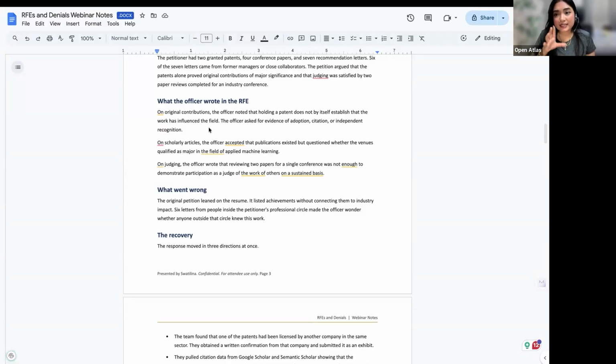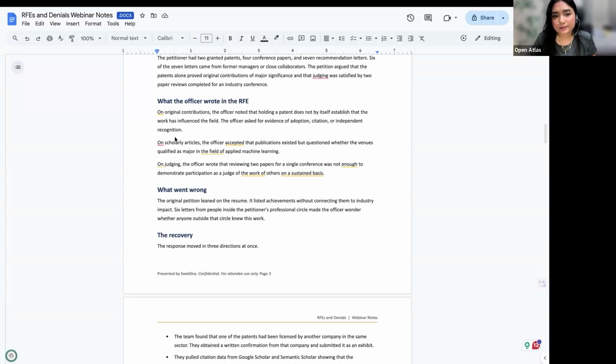So the patent is there, and other companies or organizations are rerouting to it and started researching it. Academicians started researching angles through that patent, and then we can definitely show the impact that way as well. So it is not only the adoption letters or citation or independent recognition, but also somebody else using that particular patent. That also makes a lot of sense.